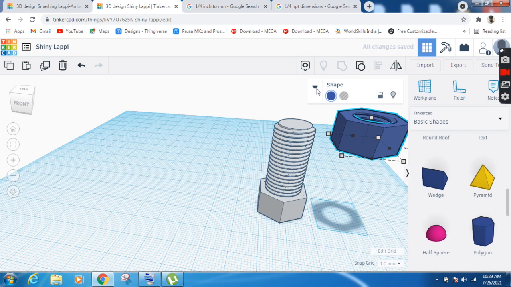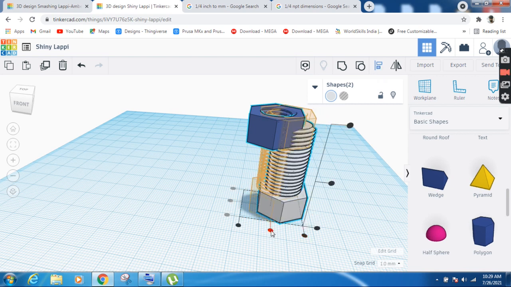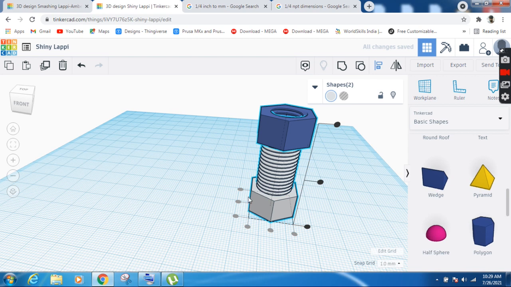Now press the left arrow key on your keyboard and bring it closer like this. Maybe it touches but it's not aligned. What you're going to do is select both objects, click align, then press this middle black button. Okay, now you can see it's aligned.